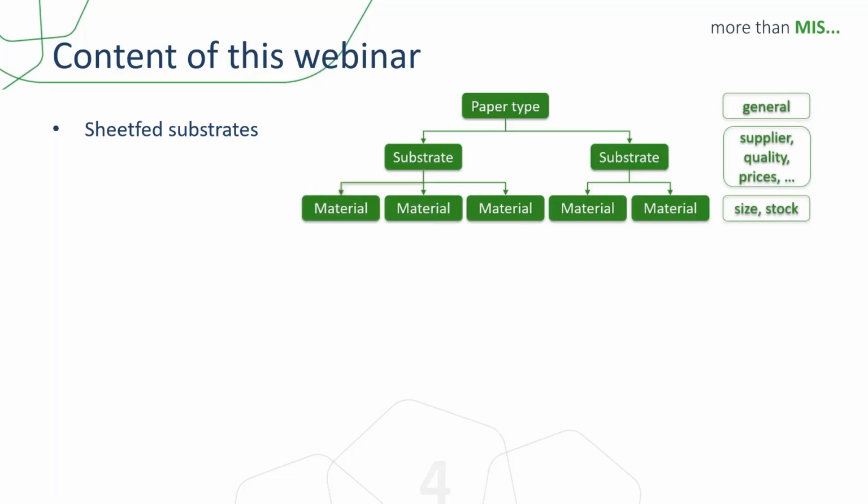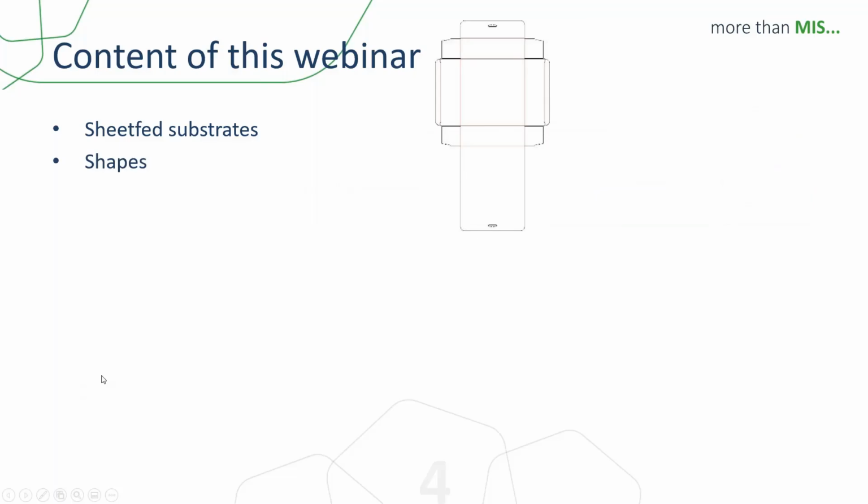This does only copy the properties and does not copy the materials that are linked to that original substrate. Therefore, we have had the Create Material Wizard available for quite some time. So you can create multiple materials after a multi-select of substrates and this will avoid duplicate material sizes within the substrate. So that was already available in the previous version, but the more extended features are in the